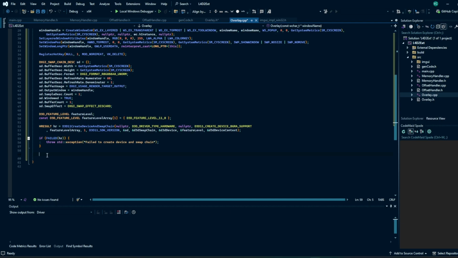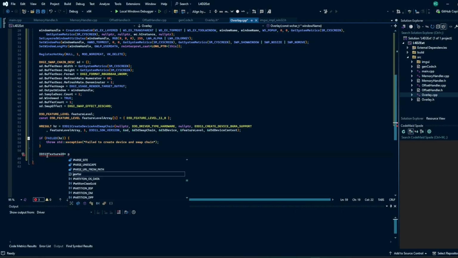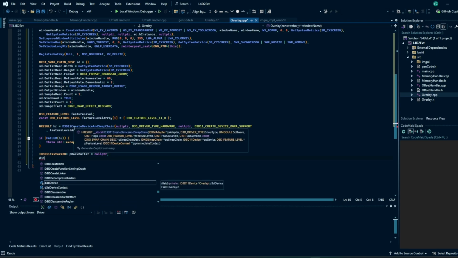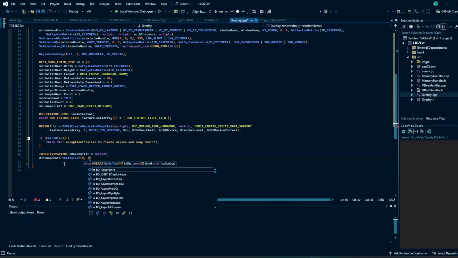Now we're going to make those canvases that I was talking about. We're going to have 2 buffers because we don't really want to optimize that much. We're going to have the one that's being drawn and the one we're drawing to for the next frame. So it's going to be ID3D11Texture2D pointer to the back buffer equal to nullptr. We're going to use that swap chain we made in this function back here and add that buffer we declared. GetBuffer 0, and the ID of that buffer we're adding is going to be IID_PPV_ARGS,